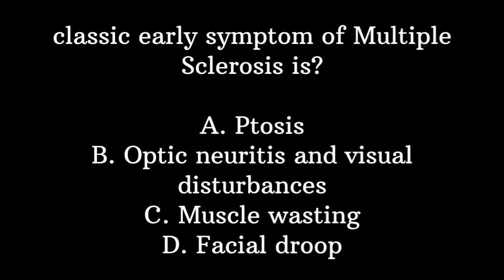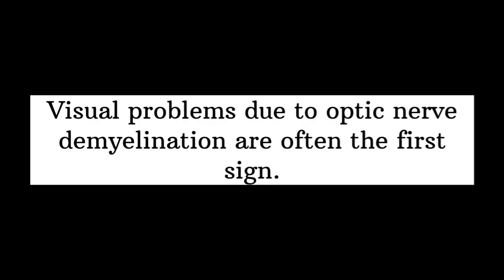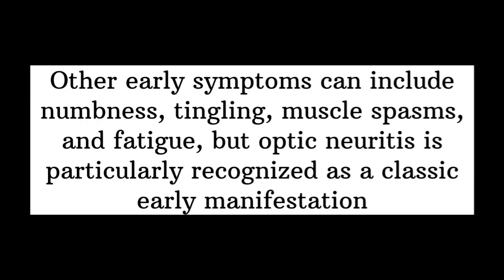Question: A classic early symptom of multiple sclerosis is. Options: A. Ptosis, B. Optic neuritis and visual disturbances, C. Muscle wasting, D. Facial droop. The correct answer is option B, optic neuritis and visual disturbances. Visual problems due to optic nerve demyelination are often the first signs. Other early symptoms include numbness, tingling, muscle spasm and fatigue, but optic neuritis is particularly recognized as a classic early